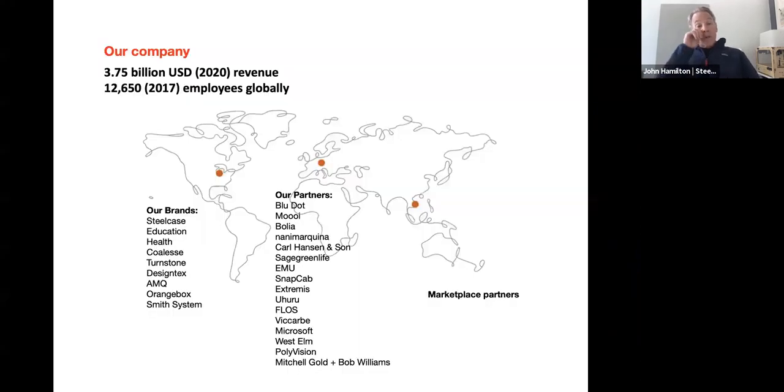But what you'll find with Steelcase is the way that we get to 3.75 billion US dollars in turnover globally is by having additional brands. And those additional brands help us serve additional parts of the market. They help fill in the gaps. They help us think about other areas where people are working and how we might also help those people solve for their workplace issues. And so what you'll notice under our brands is that there's a Steelcase education brand, and